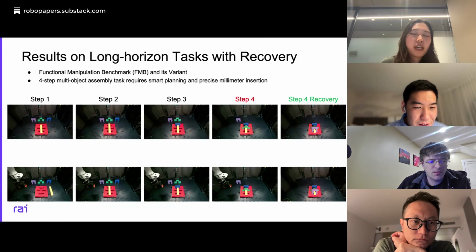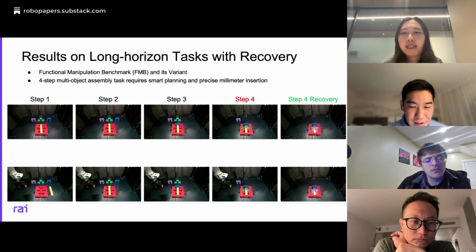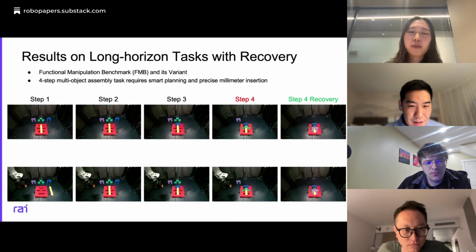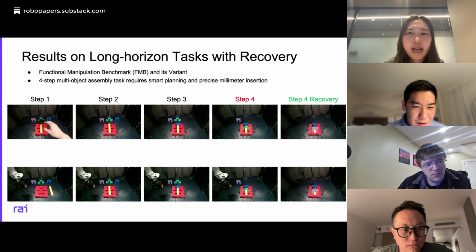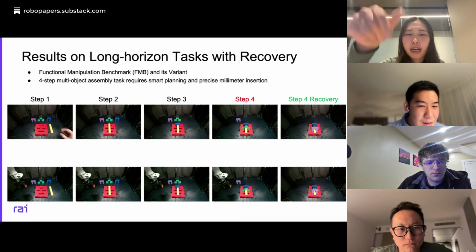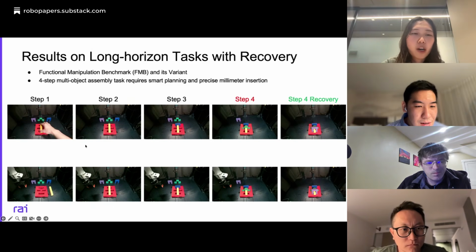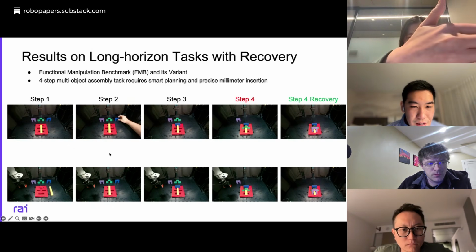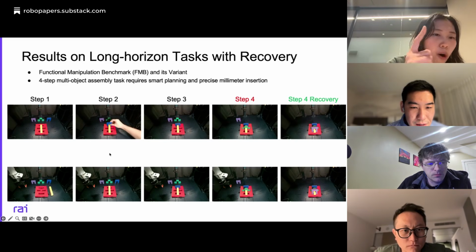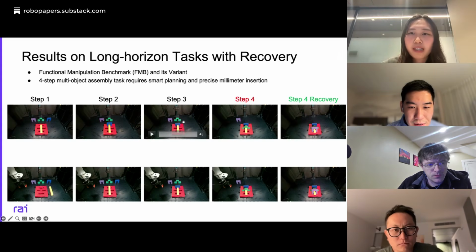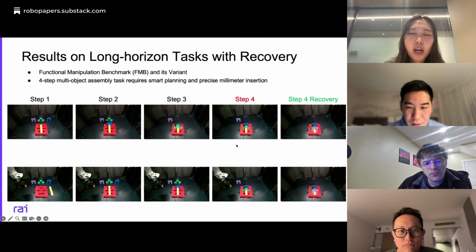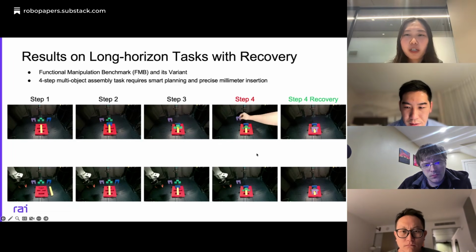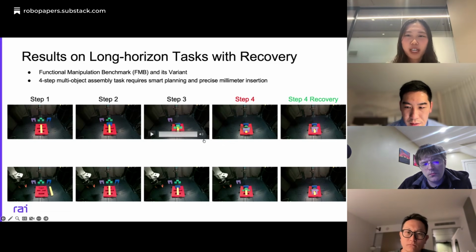So it's basically a 4-step multi-object assembly task that will require very smart planning, because this is a variant of the original task. It will require first putting a long yellow bar inside, and later gradually putting the purple, green, and blue blocks in the far side in whatever order, but the yellow one should definitely come in first. Otherwise, it will block the way to get it into the central long groove.